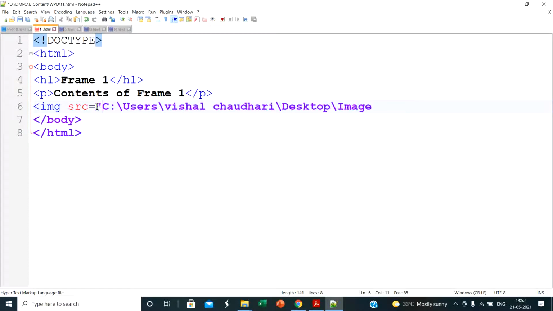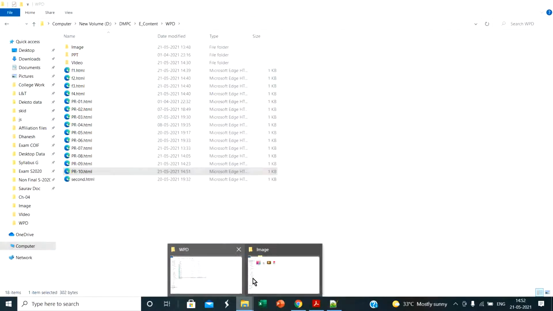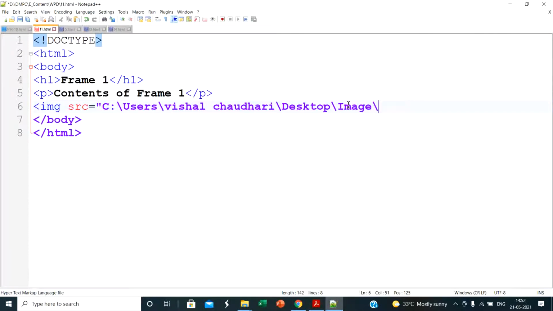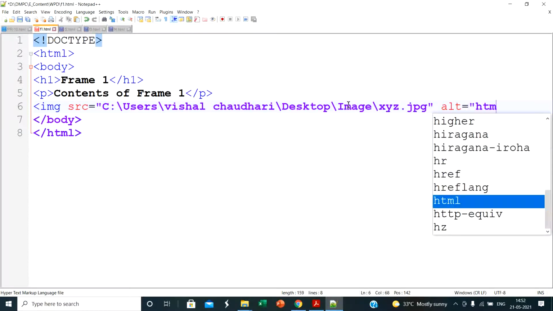and write the path in double quotes, image slash, and write any name of the image, here xyz.jpg. Then alt is equal to double quote html.